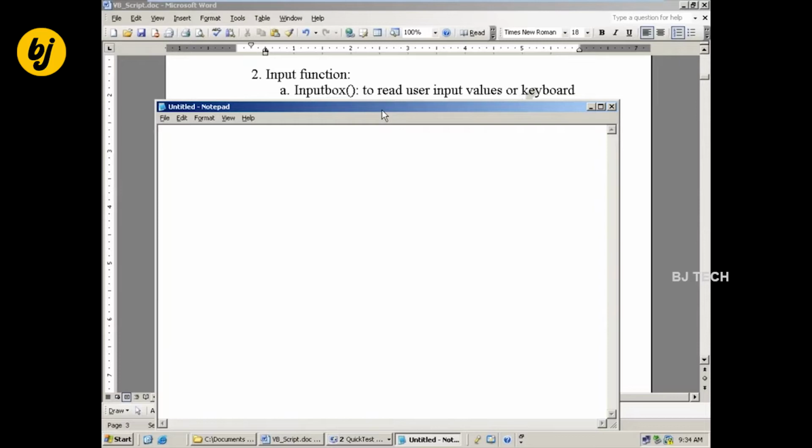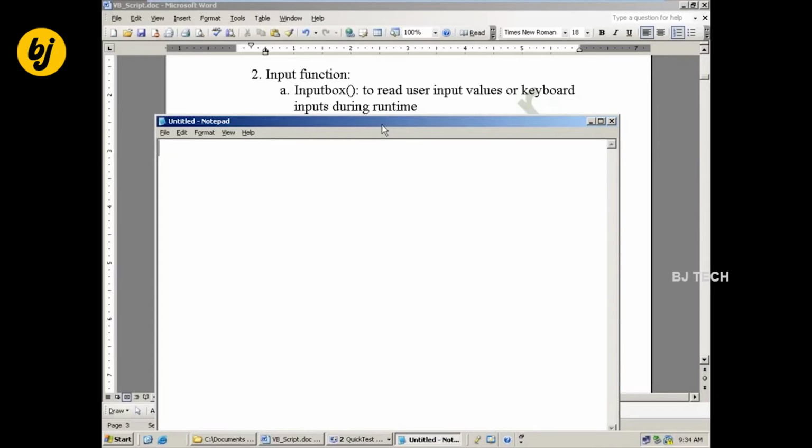To read the keyboard inputs. Same way, the input box function here is to read user input values or keyboard inputs during runtime.